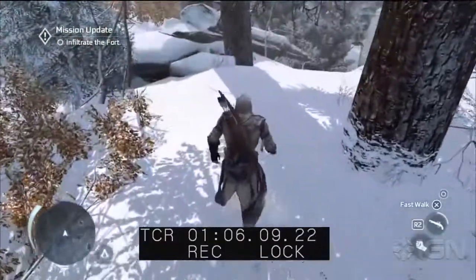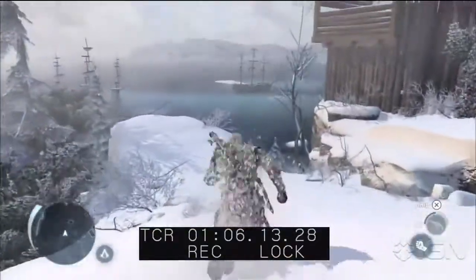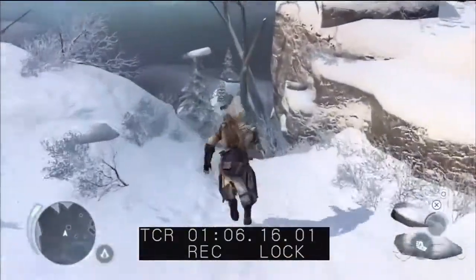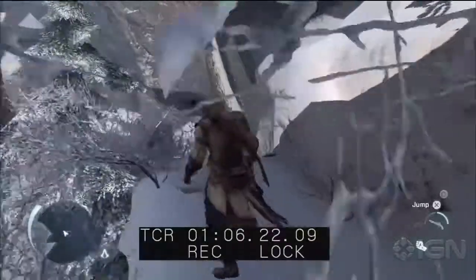So now he's going to infiltrate this fort, and there's 3 different ways he can come into this fort. He's going to go with a more backdoor stealthy route. That's what we've decided to do. But Connor's kind of ease in the organic